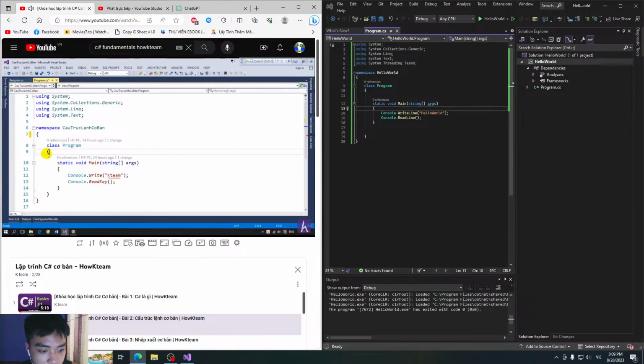Thì class như vậy, cứ cái gì nằm trong khối ngoặc nhọn của nó là nó sẽ thuộc vào thằng đó. Đây chính là cái cấu trúc chung luôn ha. Bất cứ cái gì nằm trong khối ngoặc nhọn này sẽ phụ thuộc vào thằng ở ngay trên đó. Bất cứ thứ gì nằm bên trong khối ngoặc nhọn của class sẽ phụ thuộc vào class program này. Bất cứ thứ gì nằm bên trong khối ngoặc nhọn của namespace cấu trúc lệnh cơ bản sẽ phụ thuộc vào namespace đó. Mai mốt cũng giống như thế này, bất cứ thứ gì nằm bên trong khối ngoặc nhọn của main sẽ phụ thuộc vào main. Các bạn lưu ý chuyện này ha. Phần chi tiết về class sẽ được trình bày trong bài class ha.